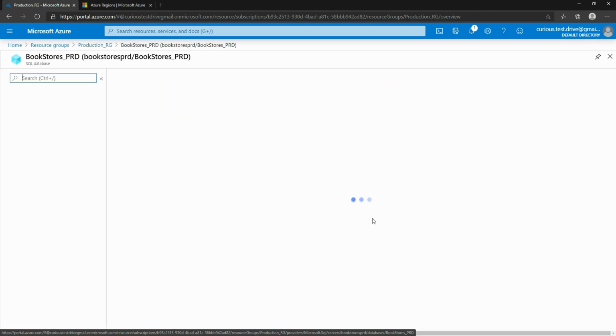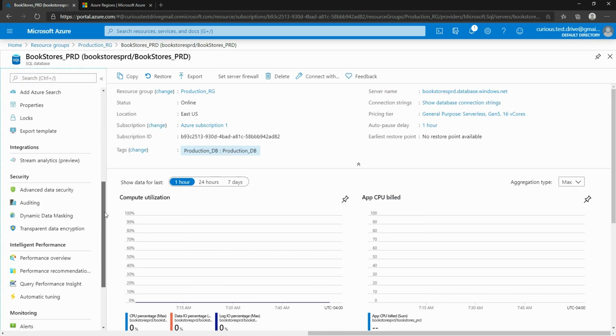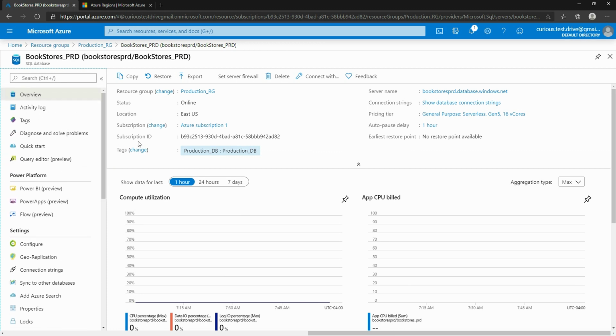And if I click on this, you can do different things, which we will check out in the series. But today we just want to get started and migrate our data to this server, right? So if I want to connect to this database, the only thing that I need to do is copy the server name, which is bookstores production